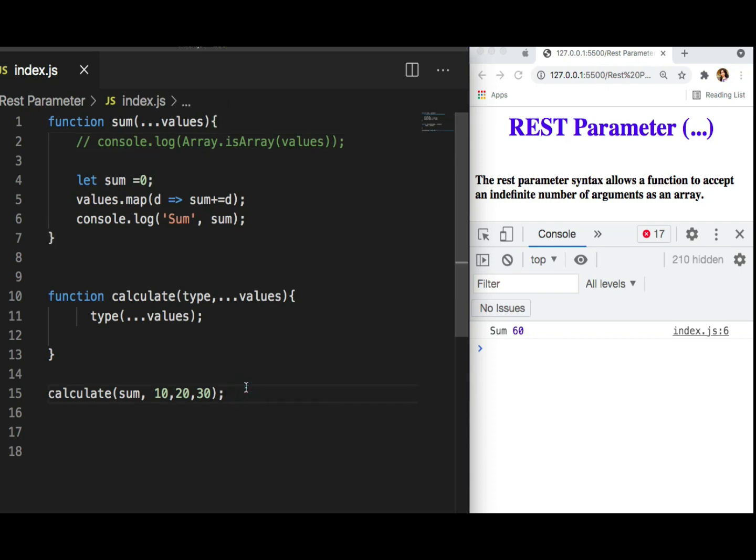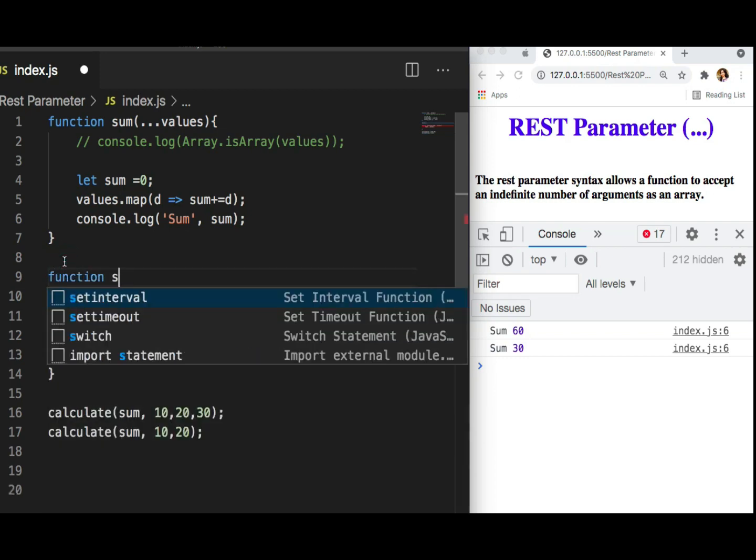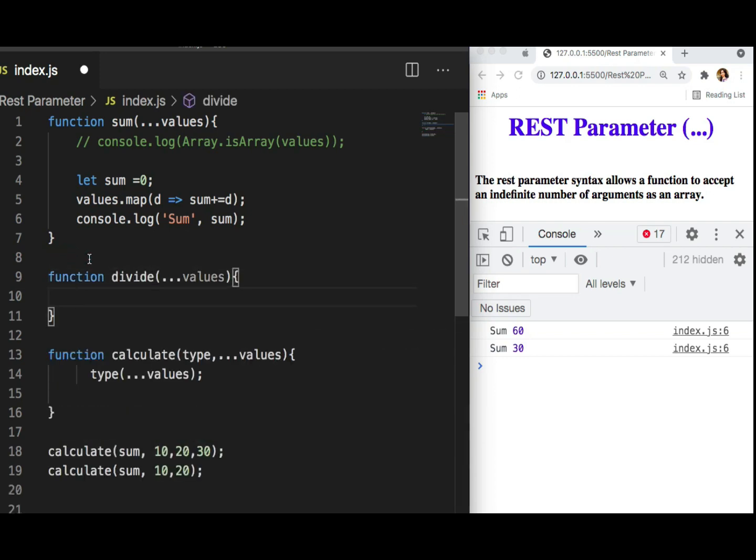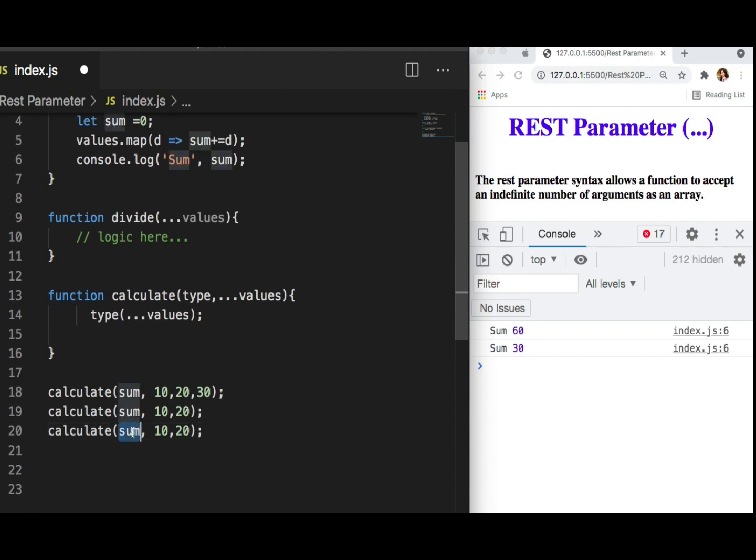So now if you change this and pass some other values, it will calculate. So in future, if you have a multiply function or divide function, you can create it separately like this. And you can write your logic here. So when you call like this, automatically it will call. Okay, we didn't write the logic, so that's why nothing is on the screen. But yes, you can pass it like this.